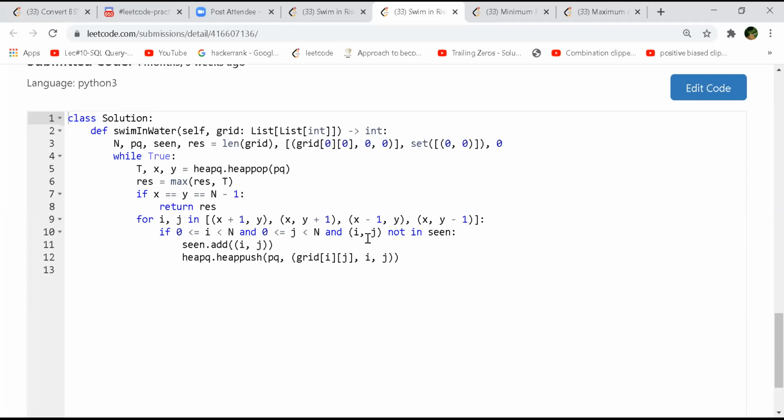Like you push all the distances from the given node, you put the distance to all the nodes, and you find which is the shortest one using the priority queue itself. And in a BFS fashion only, you check the neighbors, and at the same time you also check which is the minimum. So there also we are using BFS with a PQ. That's why I think it falls into that category.